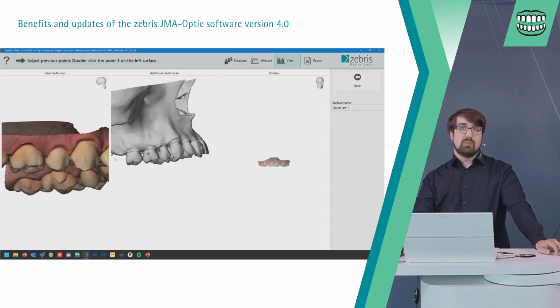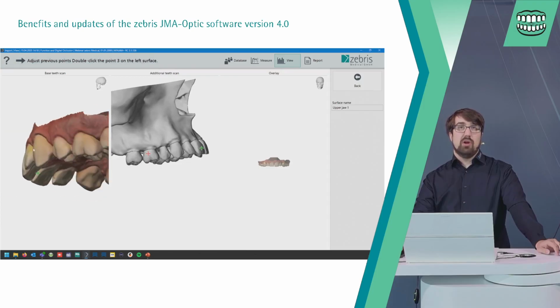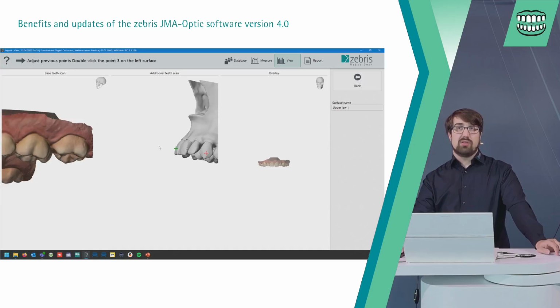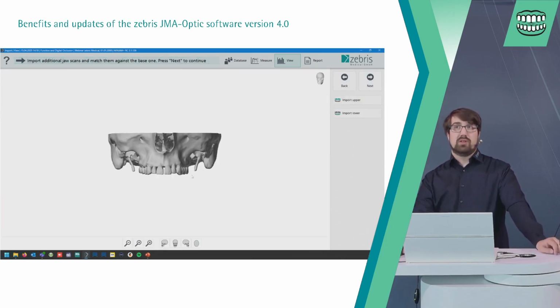This also can be a first prototype of prosthetic work of your dental technician you can import in our software, or simply some scans. You have complete freedom what you want to import here.